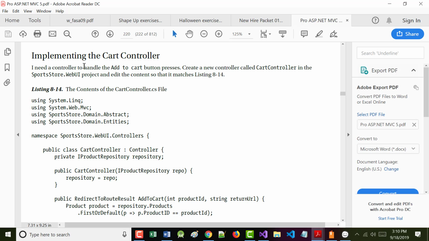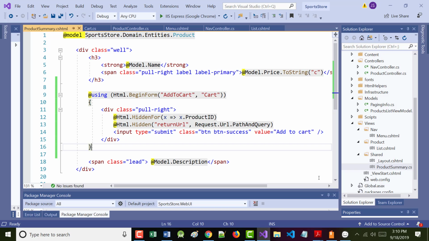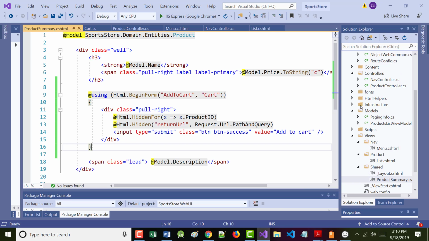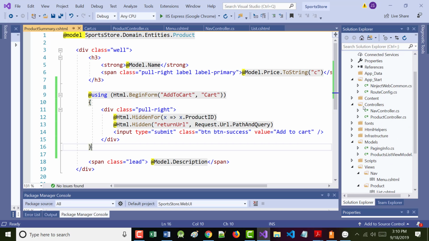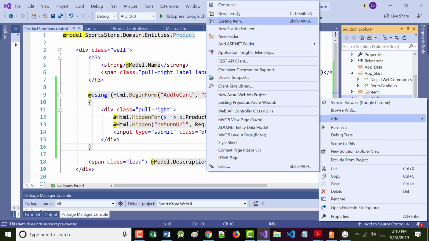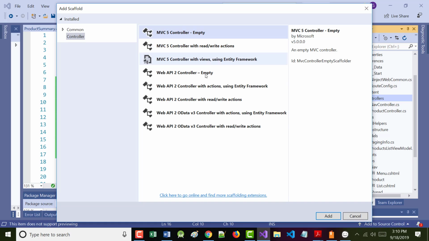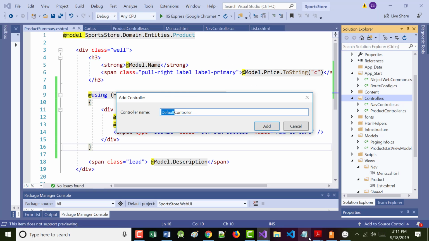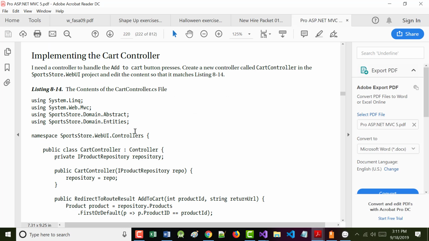So I need a controller. So we need to add a cart controller in our web UI. So let's go in and do that. All right. There's our web UI. There's our controllers. Right mouse click, add controller. It will be an empty one. Double check to make sure I've got the name correct. The name is CartController.